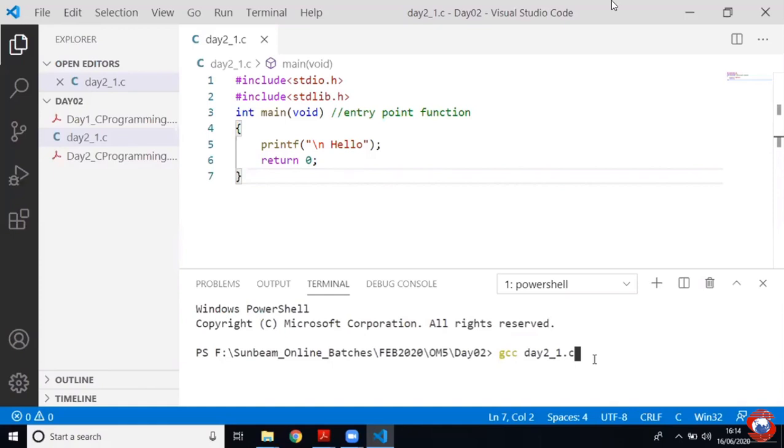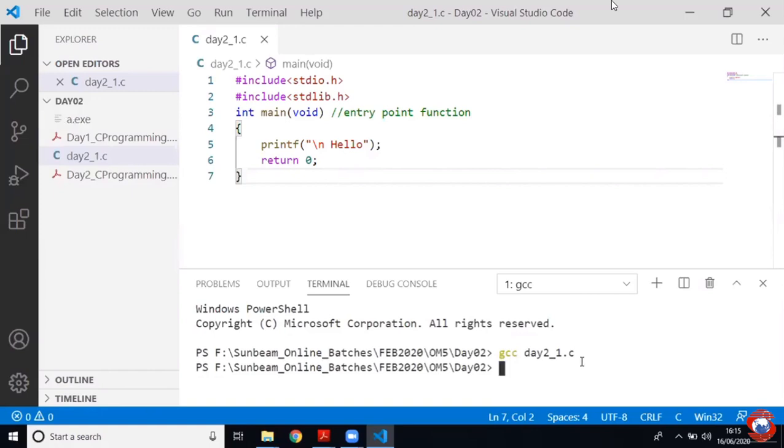What will my compiler do in the compilation phase? It will convert this particular program into machine understandable language, right? As soon as I press enter, if there are no errors in this program, a file called a.exe is generated. How this a.exe file is generated, and what the intermediate steps within the compilation process are, I'm going to explain. But till this point, this shows how to compile the program. To execute, I'll write dot slash